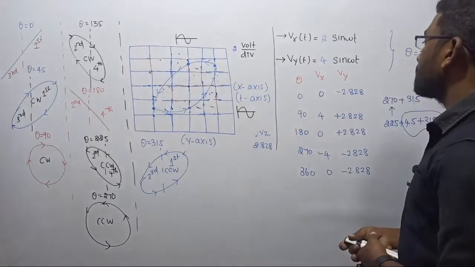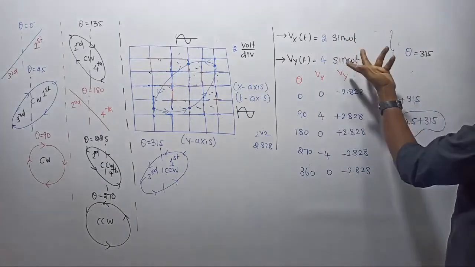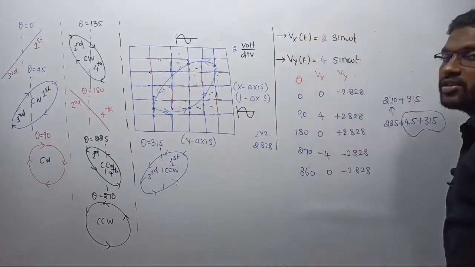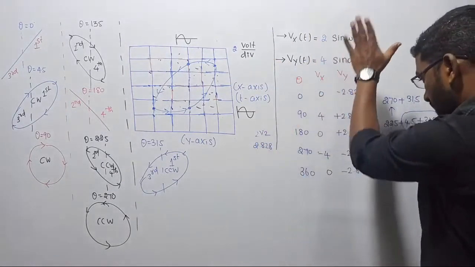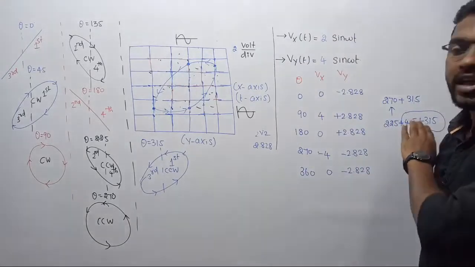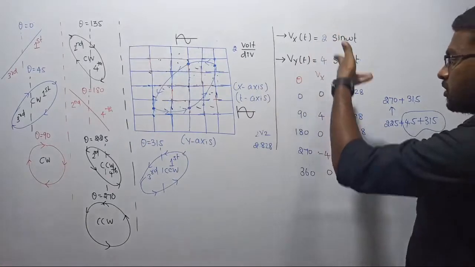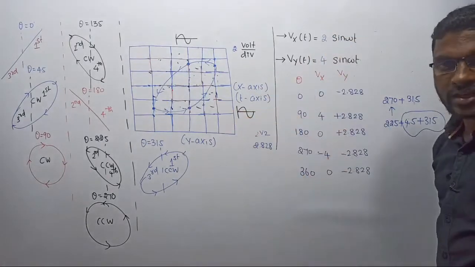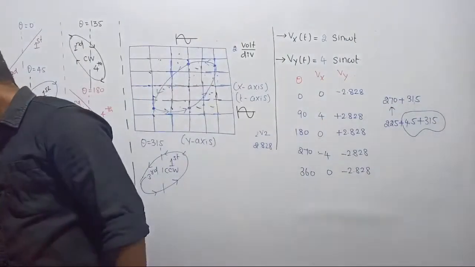Now, the phase angle is not different; there is no phase difference between them, it is 0 degrees. But the magnitude is different. What type of pattern will appear on the screen? I am just repeating the same process, I am not letting you get into trouble. You now have the clear idea. Just apply the procedure that we have understood so far: find the 5 values, post them on the screen, and you will get the waveform. Clear? So let me continue.